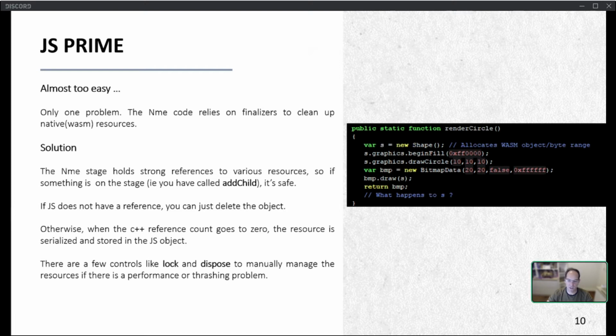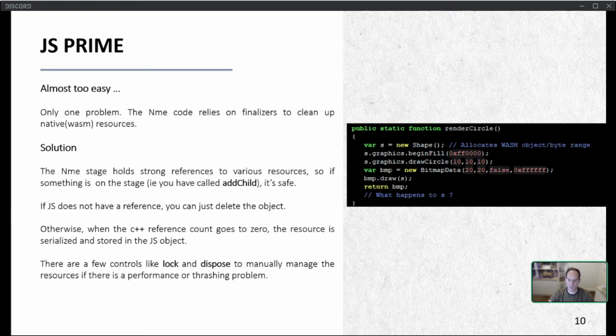If later on the JavaScript object actually does need the resource, say in this particular case here, I stored this shape as a member variable and needed to use it again to do another draw call, the shape can reconstitute the WASM object from the serial stream, so it can deserialize itself. So you don't lose the object.